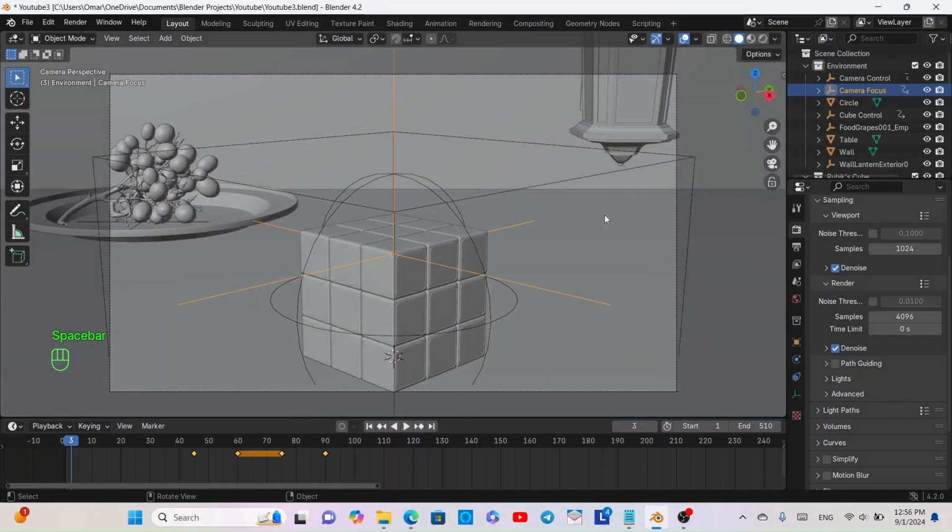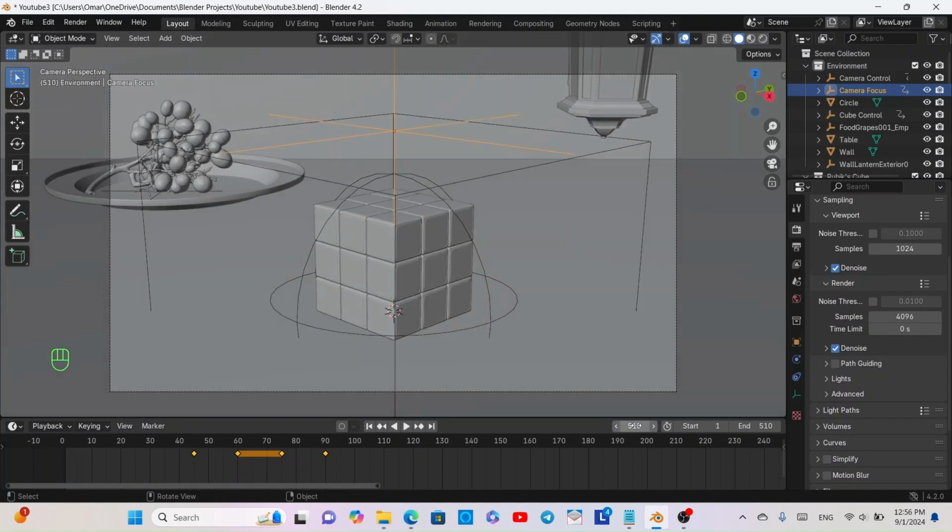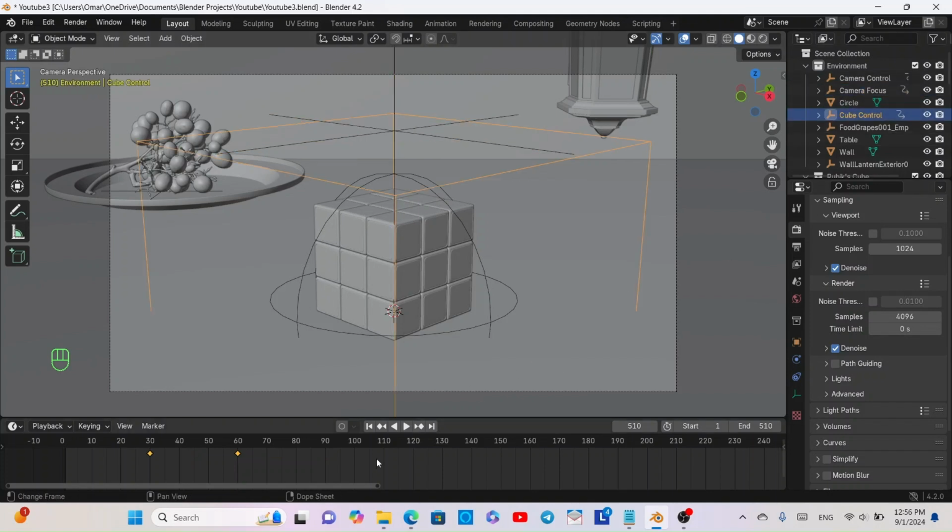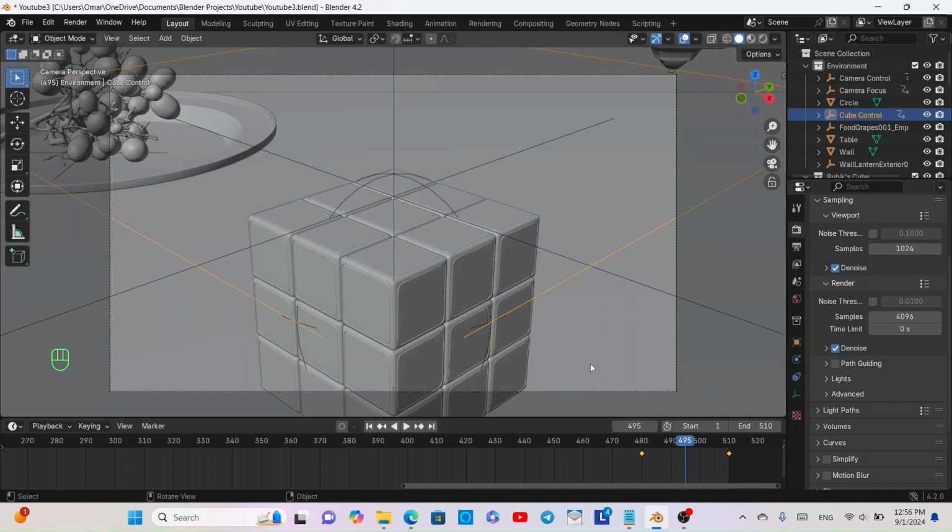As you can see, it's out of position in frame 510. So, as you can see, it's out of position. So what I'm going to do is I'm going to once again go to cube control, and I'm going to scroll to the very end here, and once again I'm going to place my frame right in the middle here,